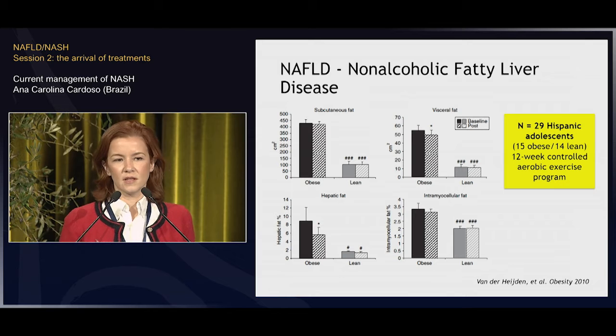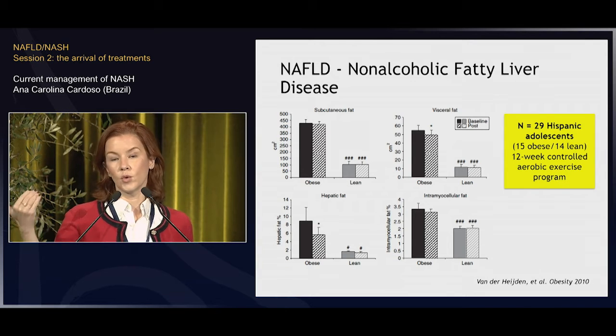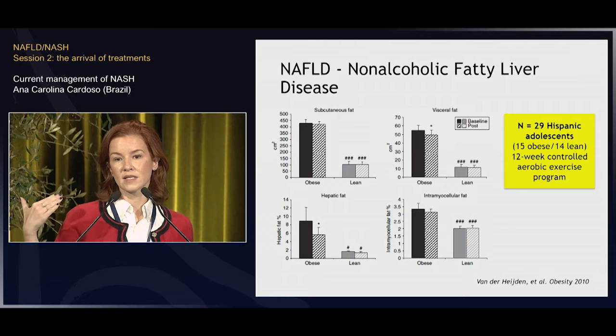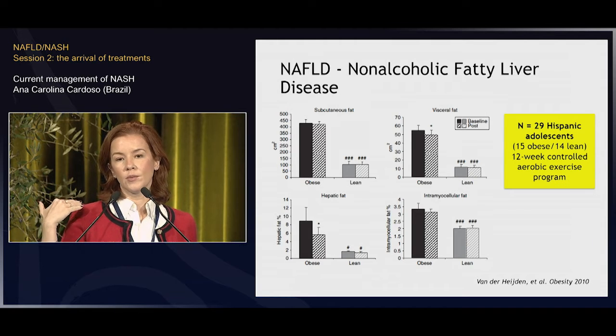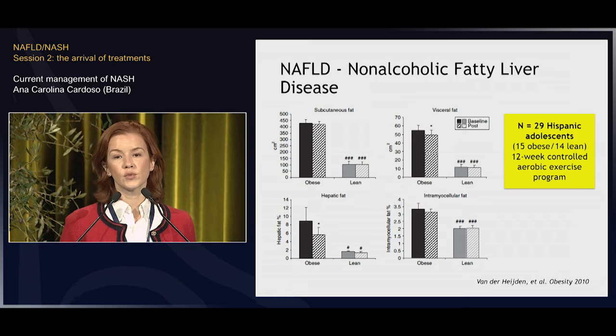Of course, they are teenagers, they can do 12 weeks of exercise. Someone can do 12 weeks of exercise. It's a program that we should put in place for life for a patient, but it shows the impact of just 12 weeks